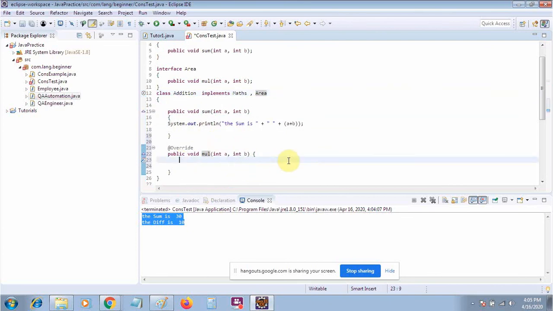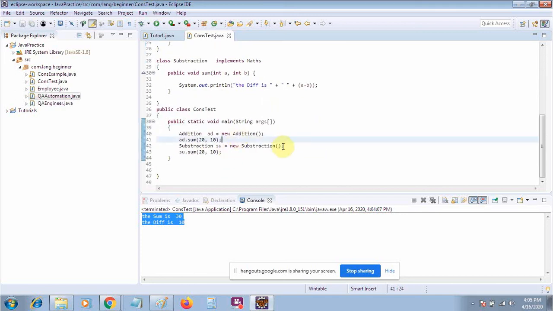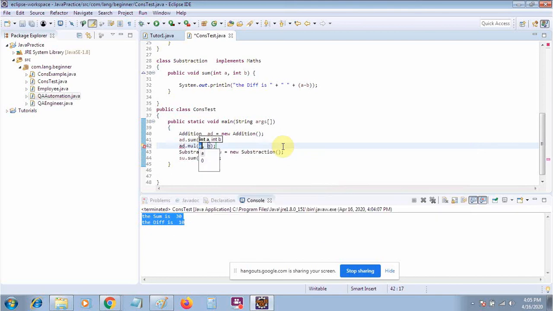So it will become System.out.println, the multiplication is a times b. Then I will call the multiplication method on the object with 20 comma another value.